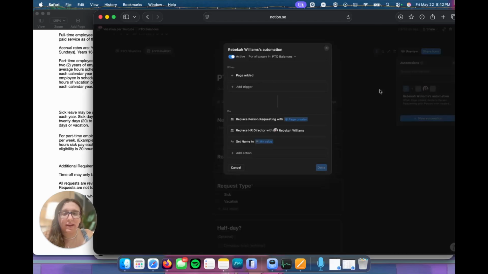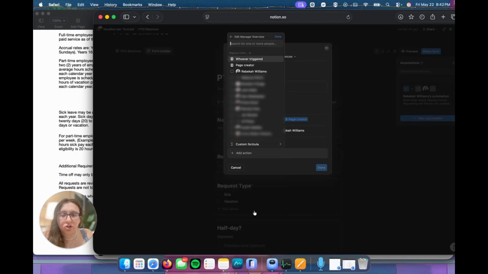So all three of these actions will occur at the same time when a new page is created. Enable. We could also go back and edit so that our action is to edit property so that manager overview includes any and all managers' names that we have. Marketing director, HR director, production director, and so on. We would be able to put in all of those so that when a new page is created, every manager is added,